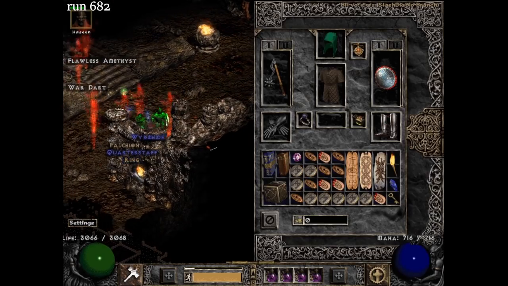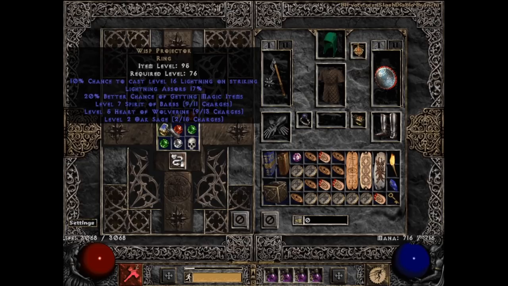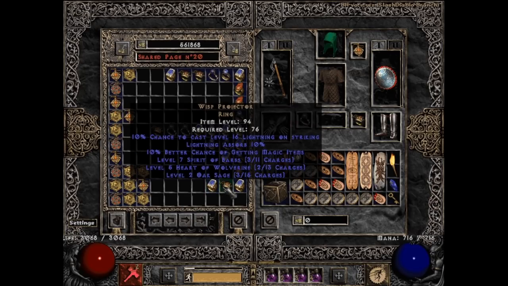3 runs after this I found a unique ring at Nilhathak which turned out to be a wisp projector. Now this is the second wisp that I've found while doing these runs, and I decided to show this one because it actually had some decent overall stats with 17% lightning absorb and 20% MF. Both of those stats can go from 10 to 20%. The other one that I found was